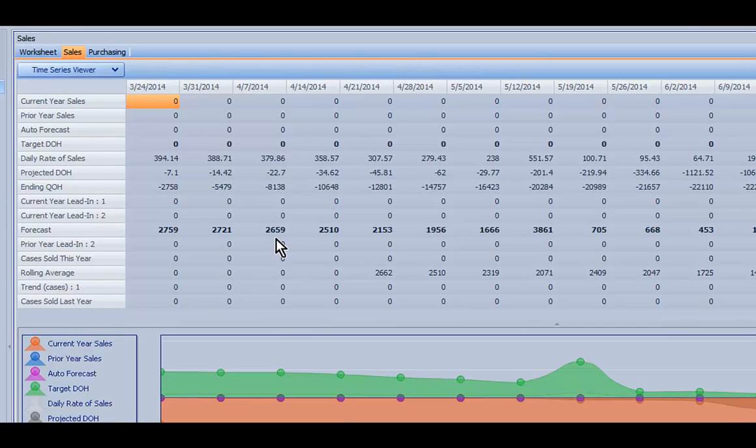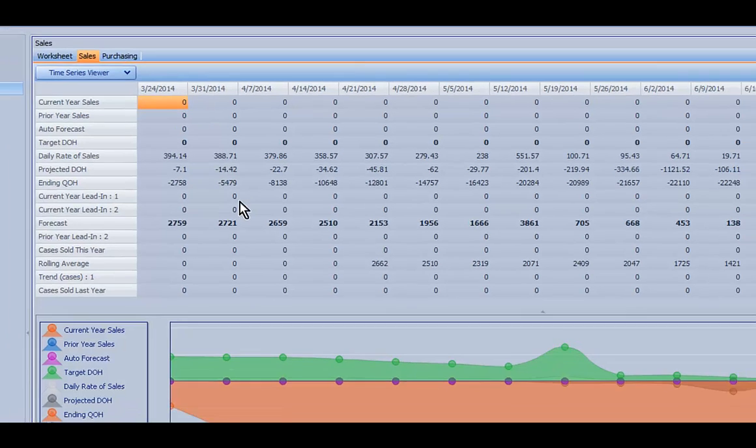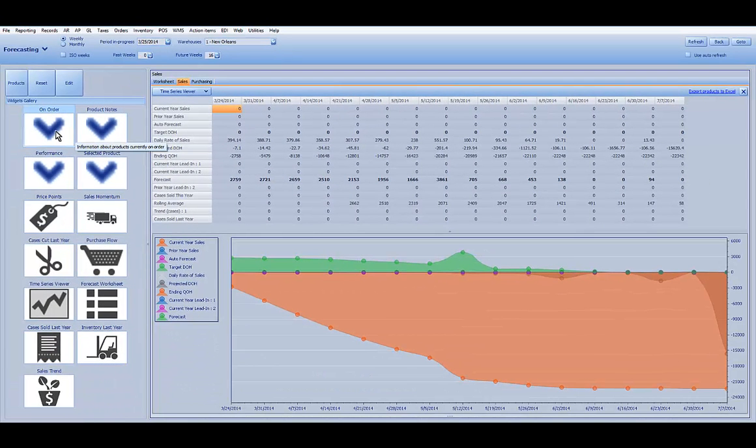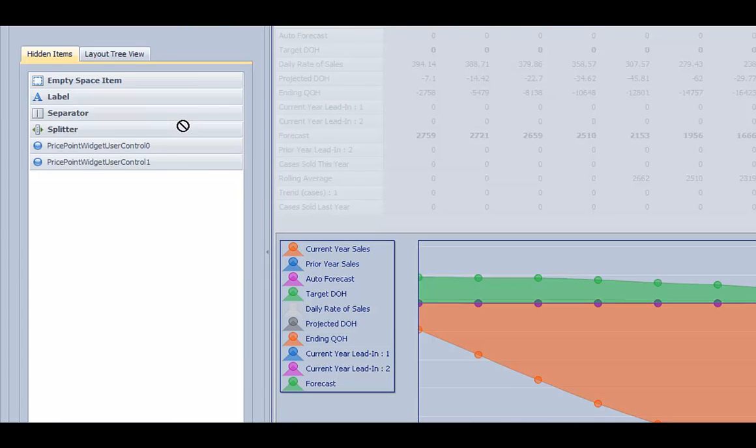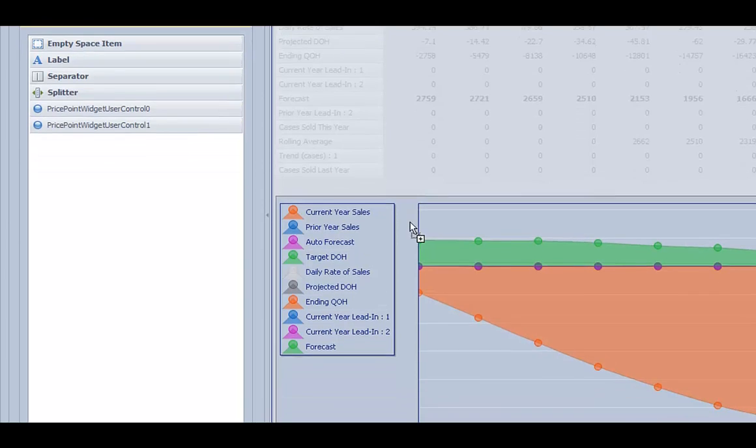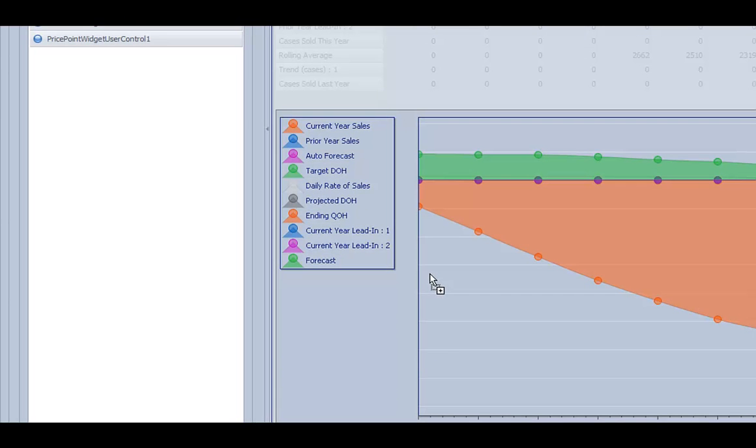As you can see, only the time series viewer widget is placed on this sales panel. But we want to add more. So we put our mouse over our selected widget, which we'll use selected product. Click and hold your left mouse button and you'll see the cursor change. Then you drag it to the right into the panel and you can see the cursor change again. For the initial placement, just drag and drop anywhere on this screen,